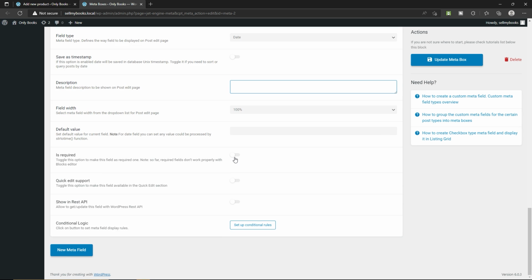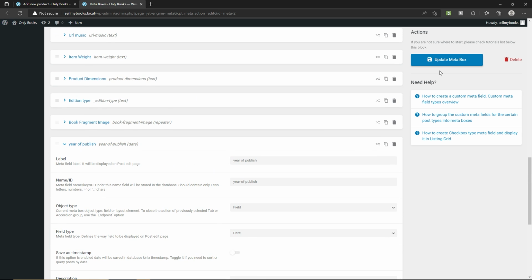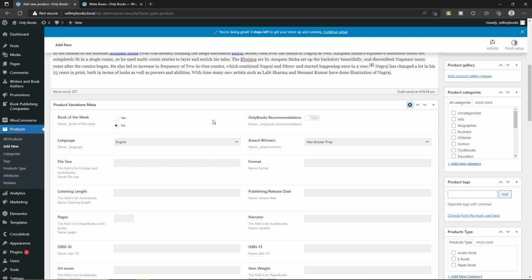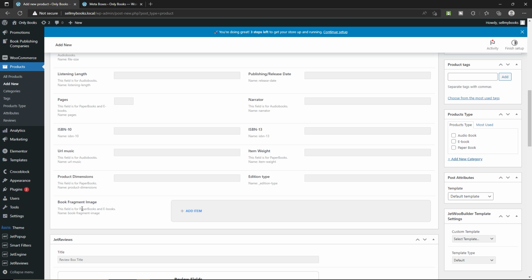Is it required or not? Let's make it required. Quick edit support. Toggle this option to make this field available in the quick edit section, so I'm not going to enable this. Show in REST API. Let's leave it as it is. Let's click on new meta field. That's pretty much it. Once you're happy with your changes, click on update meta box and your changes will be saved. Once you do it, come back to your product page, and here you can see we don't have that